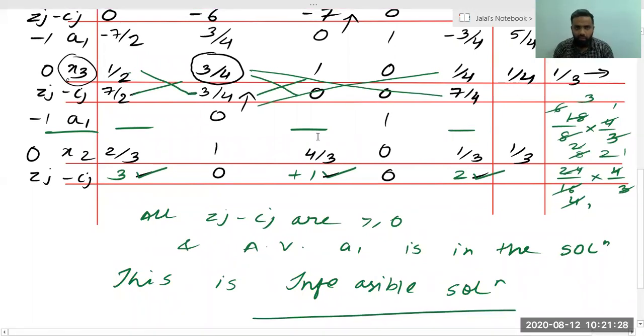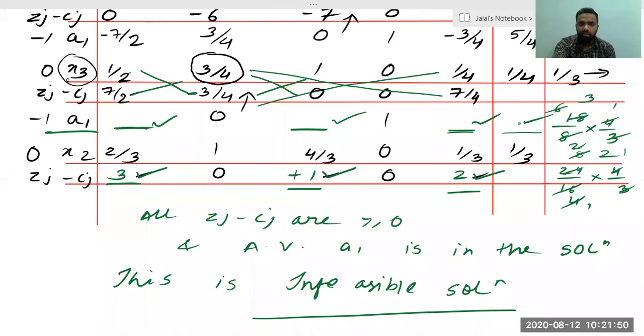You can try to find this value, not an issue. I have not found this value, so this is the shortcut you actually need to find. If you want to find Zj minus Cj by some other method, you need to find this value. But since we are using the shortcut method of matrix multiplication, even without finding this, we will be able to find the answers. And we can conclude if we are sure that our answers are obtained. But we need to find it in the exam. Okay.